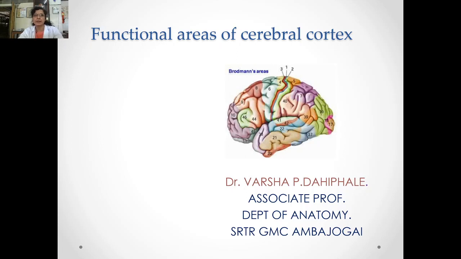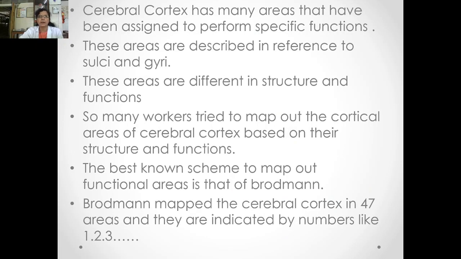In the previous lecture, we have seen about the cerebral hemisphere, its external features, different lobes of the cerebral hemisphere and sulci and gyri of the cerebral hemisphere. Today we will see about functional areas of the cerebral cortex. We know the cerebral cortex means the outer surface of the cerebral hemisphere. It is covered by a layer of grey matter, and that is called the cerebral cortex, and various functional areas are present in this cerebral cortex, like the sensory area and motor area. So today we will see about various functional areas of the cerebral cortex.